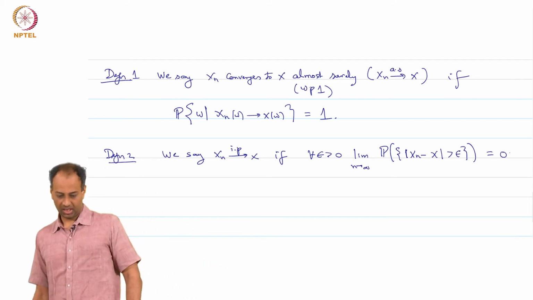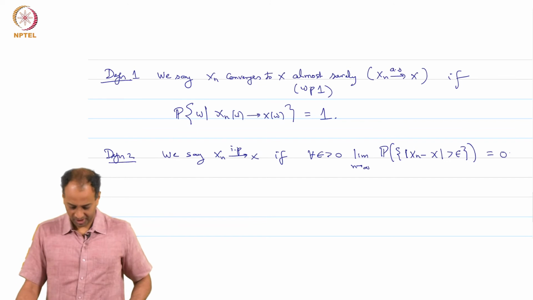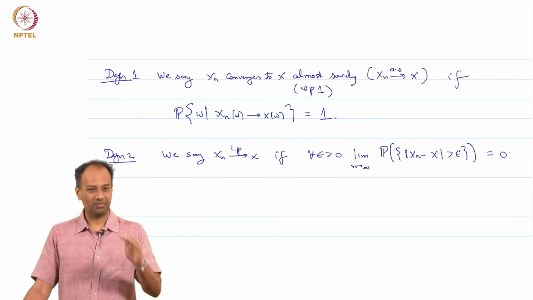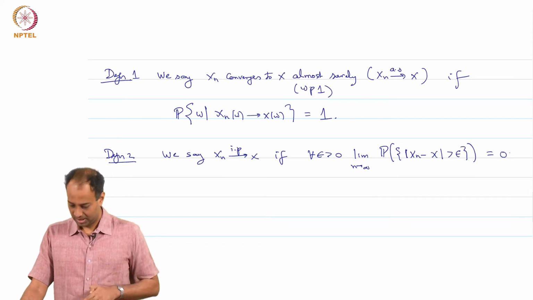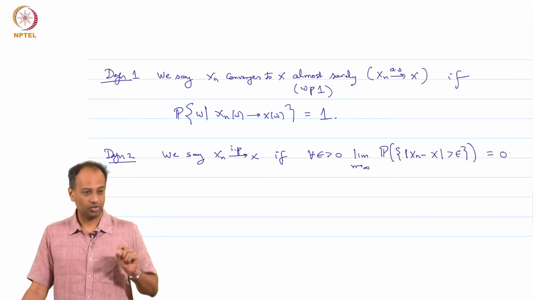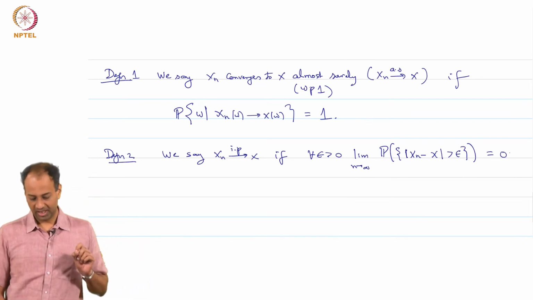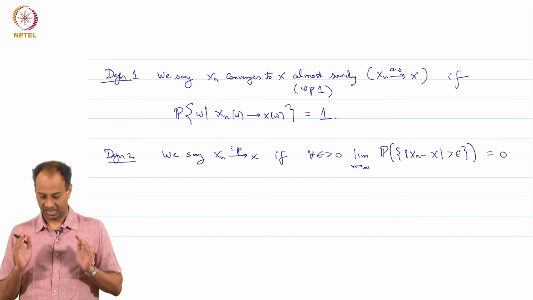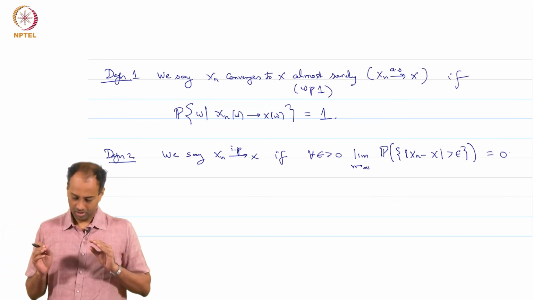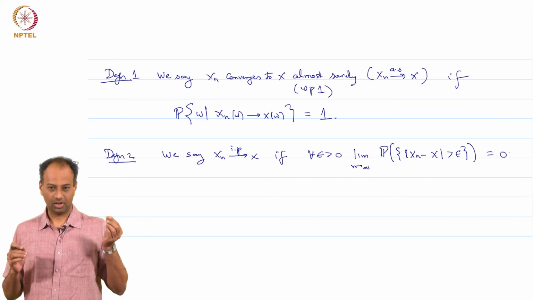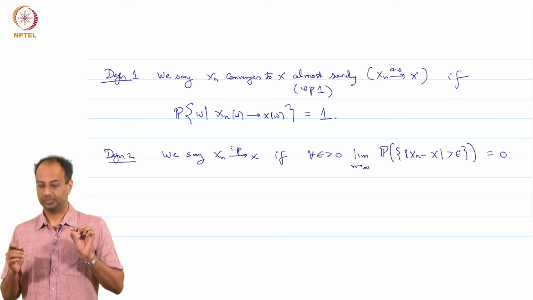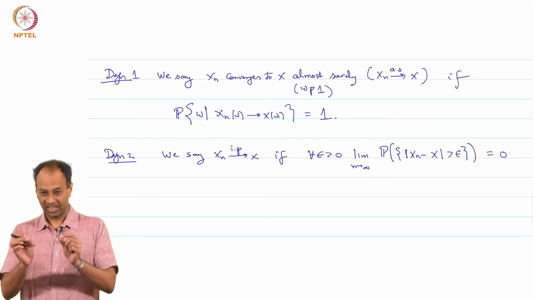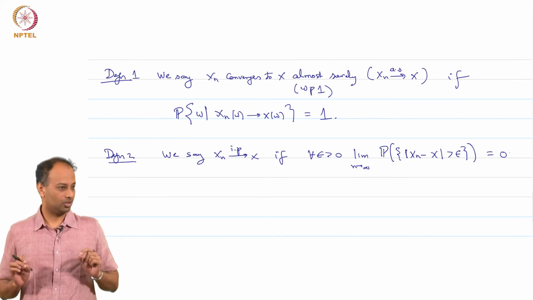So, this is a little bit of a misnomer. Here it is not the sequence of random variables which is converging, okay. Here you are looking at simply a sequence of probabilities, okay. So, you are looking at the absolute value of the difference between X_n and X, and you are taking some little epsilon, okay. You are looking at the probability that the difference between X_n and X exceeds this little epsilon, okay.